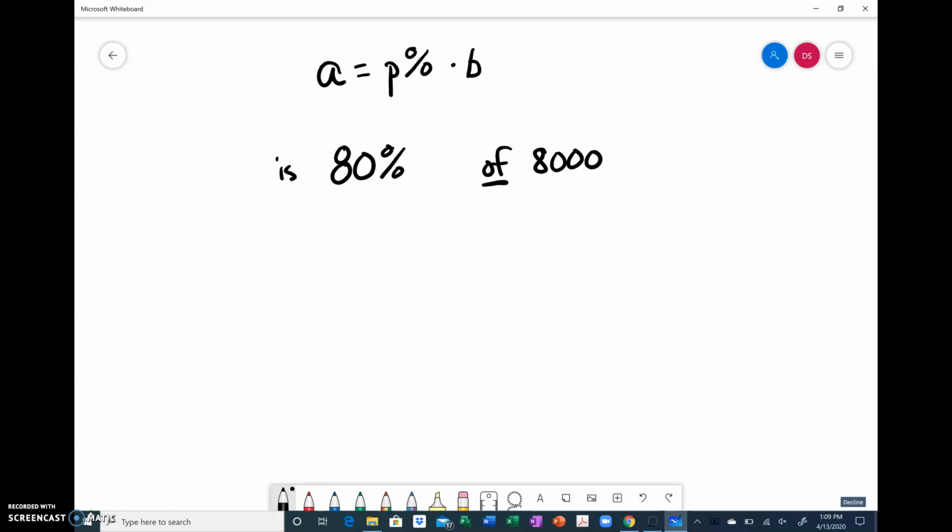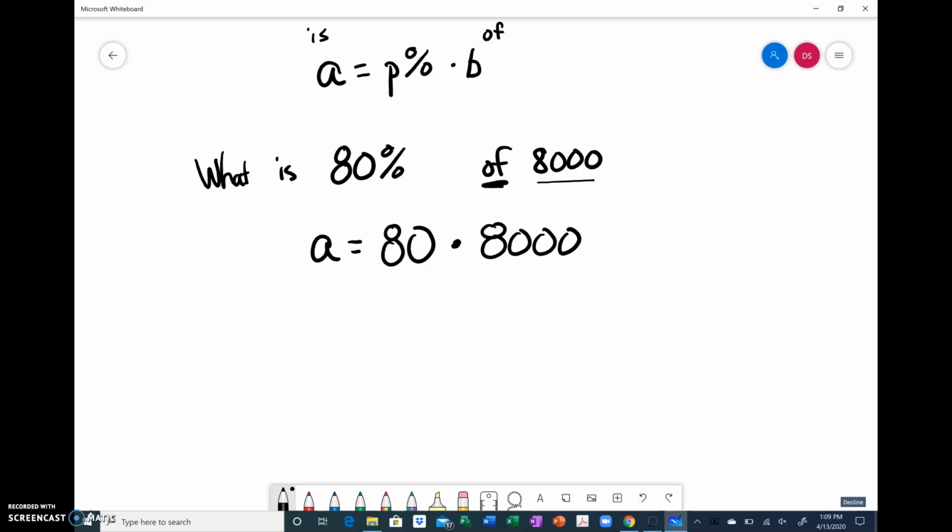I'm going to set it up with the percent equation. Remember, is my keyword for A, and of is my keyword for B. So what is, that's what we're looking for. What part is 80% of 8,000? So A is what we're solving for. 80% times